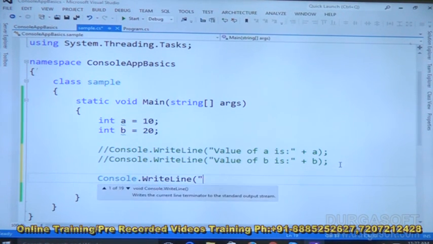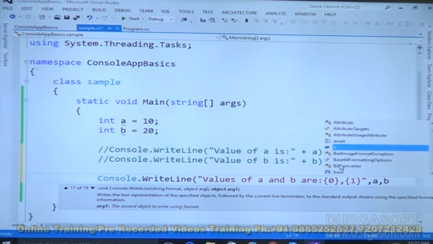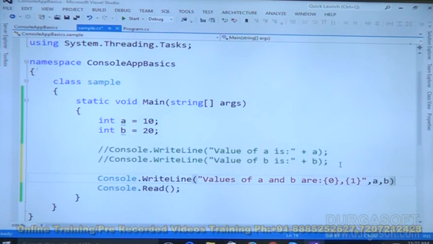Console.WriteLine, "values of A and B are {0} and {1}". Now {0} and {1} are placeholders, then a and b, these are what? Variables. Now let's run the application and check.